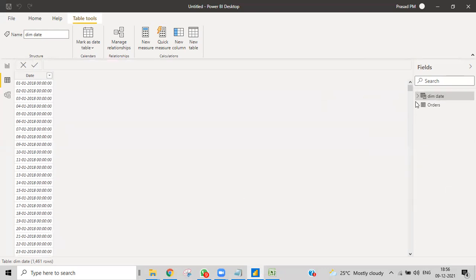It will take whatever dates are available. If I have a couple of tables, and in one table I have 2018 data, in another I have 2016 data, in one table I have 2019 data, and in another I have 2025 data, then obviously it will take the earliest date from all our tables and the latest date from all our tables. This is what it takes. Got the point of what I'm trying to tell you?